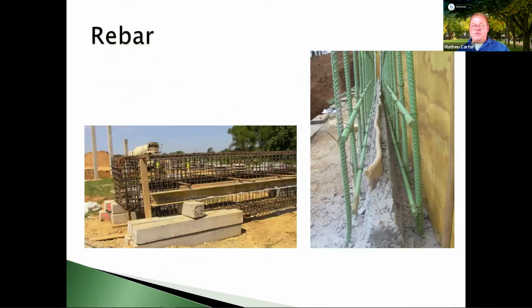Let's start to finish this out a little bit with some examples. So just an idea of some of the challenges and some of the component pieces that come in and sort of fight each other, right? So we have rebar for sure. In this one, there are other terms that a lot of us are probably familiar with, but some aren't. If you see that yellowish material in the center there,